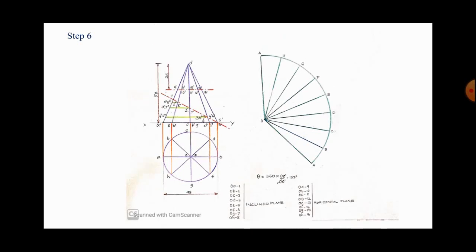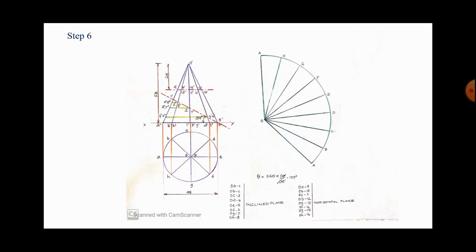Okay. Now in the next step, you have to measure the distance from the point O to each and every cutting point and correspondingly mark it in the developed figure. I repeat once more. Measure the distance to each and every cutting point from the point O and correspondingly mark those points along in the developed figure of the cone. So, for example, you take the point 1. One more thing is important.